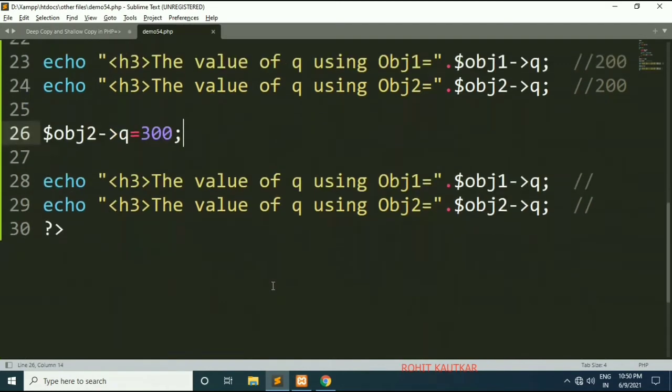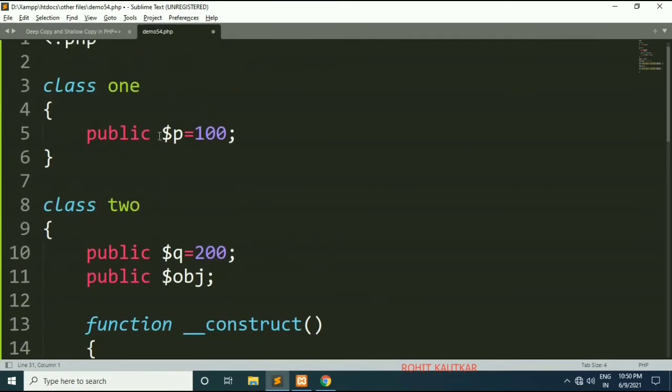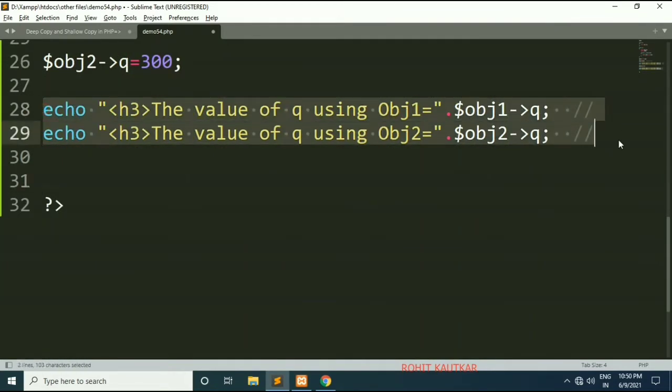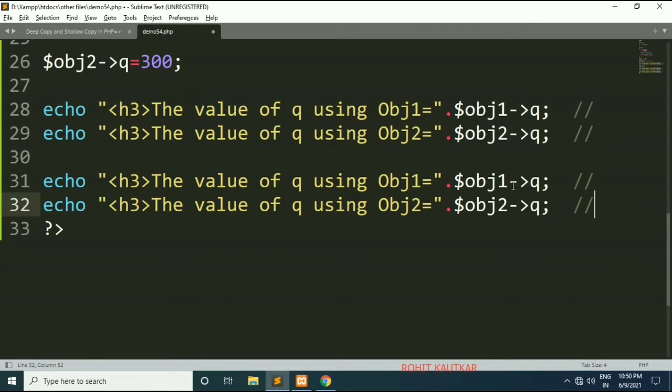One more example I will try to tell you now. So now I will try to refer the value of p. Okay, so here I will write, I will copy this. So first of all, let's try to print the value of p.